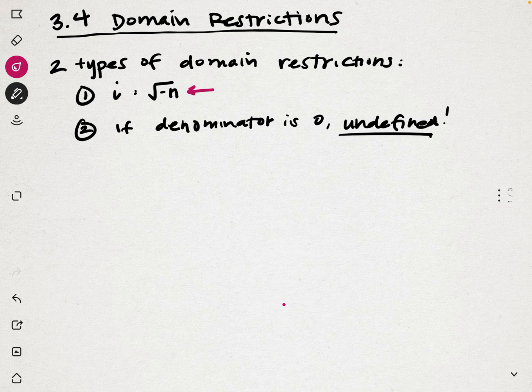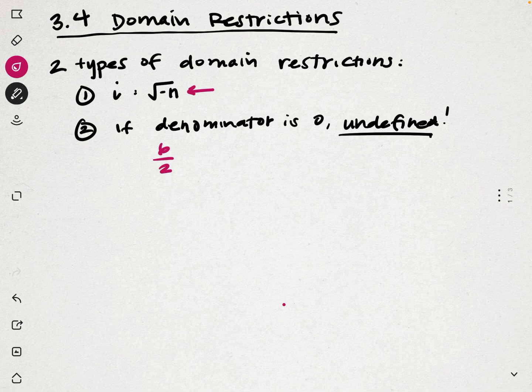The second one, which is what we're looking at today, is if the denominator is 0. And if our denominator is 0, I think you guys are used to calling the function value undefined. I'm not sure if you understand why it's undefined, so let's look at it now. So if we think about division and multiplication, we know that they're inverses of each other because we can write the